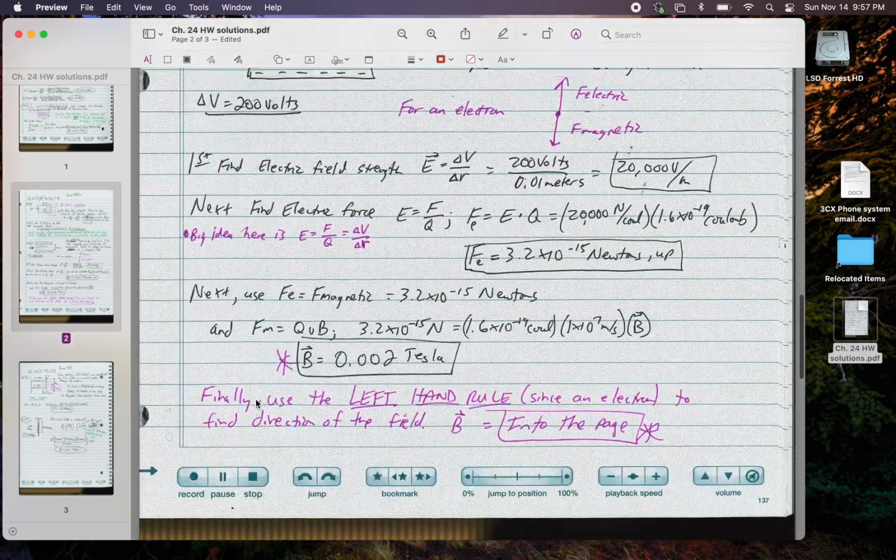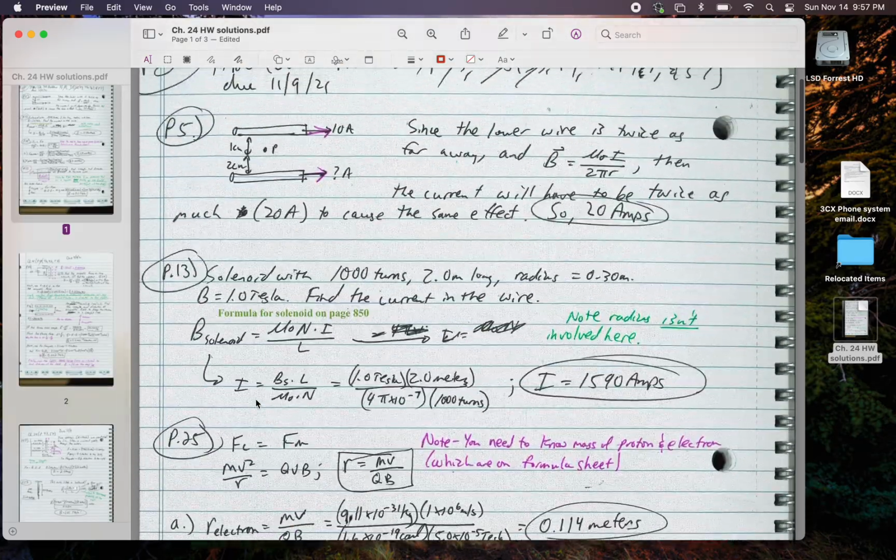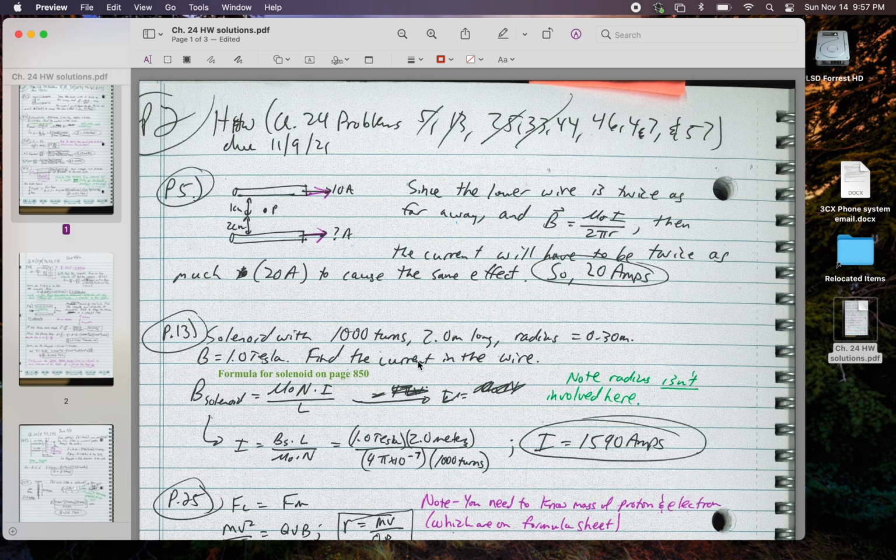Hopefully you look over those and think about them again, because like I said, I think you want to make sure you understand how to perform some of these things mathematically as well as conceptually. So hopefully that's good, and